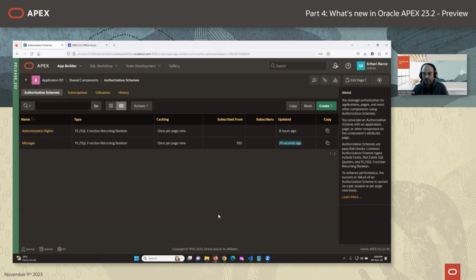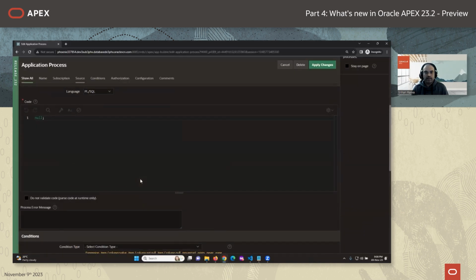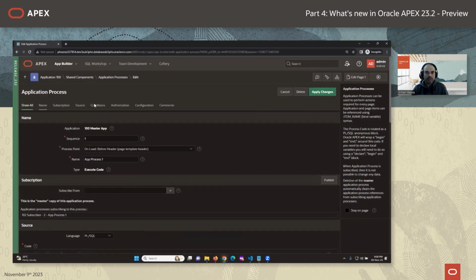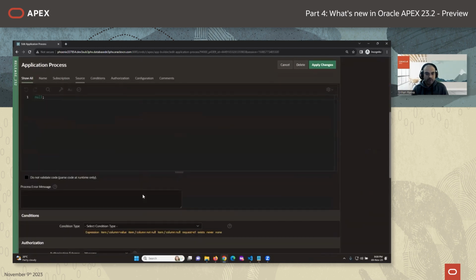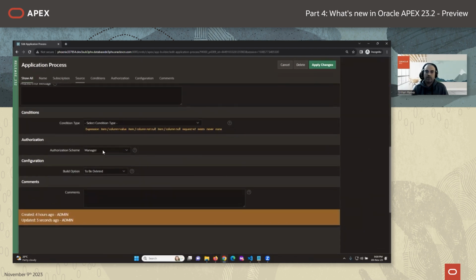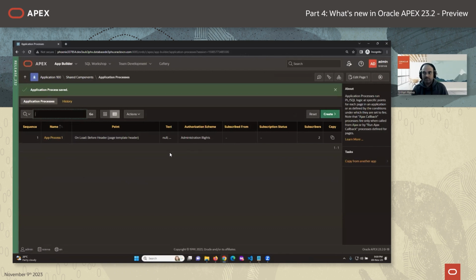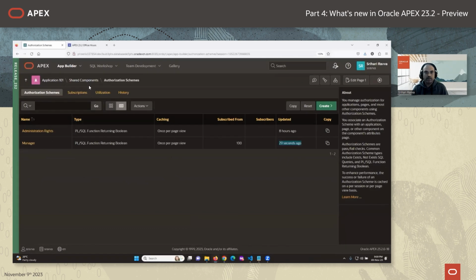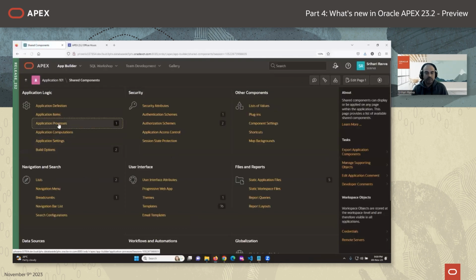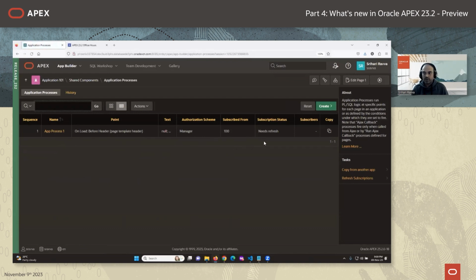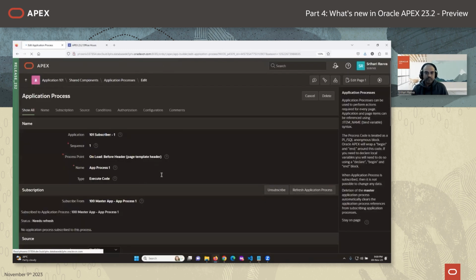Yeah, so let's go to this master app again. So in the application process, in the master app, I just wanted to change the authorization scheme to administration rights and click on apply changes. So after subscription, we have done some change. So let us see now in the application process page what will happen. So now we can see that the status says it needs refresh. It detects there is a change in the master. If I go in,